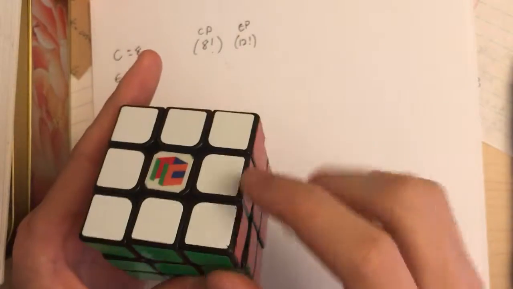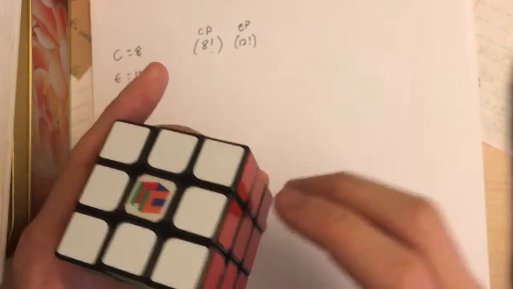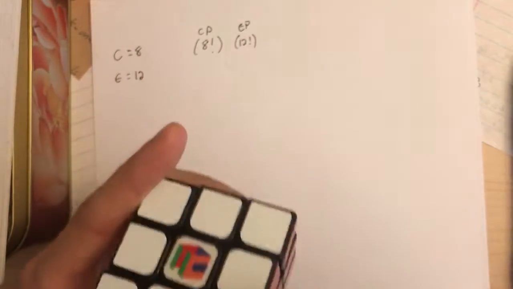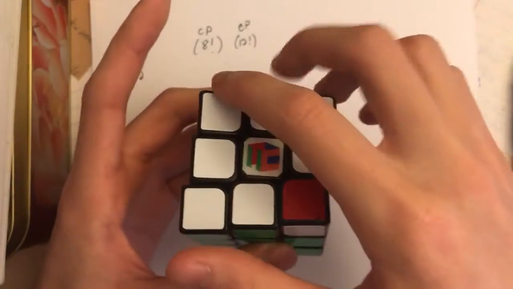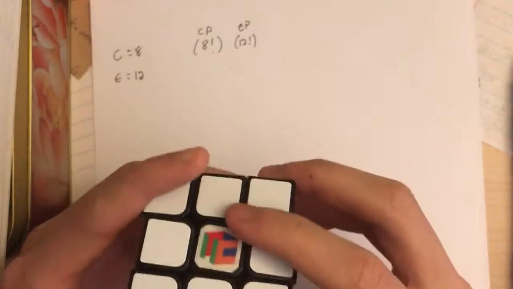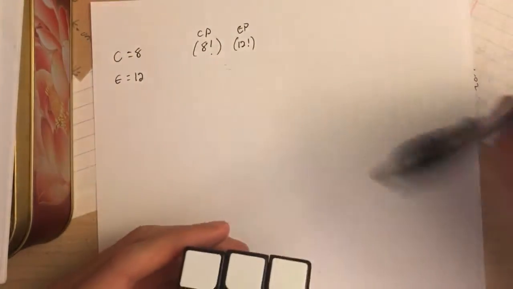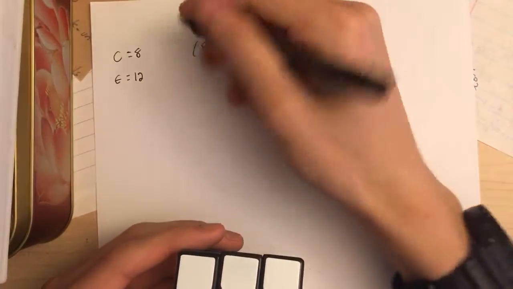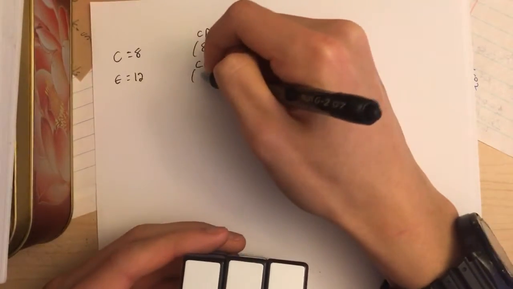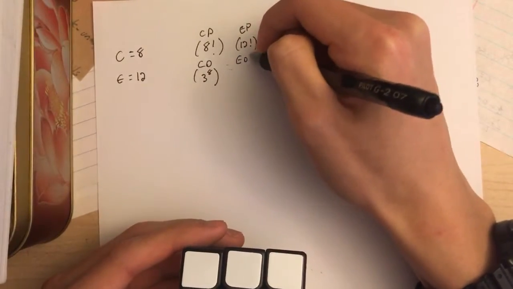So there are 3 to the 8 ways to flip the corners, because they're all independent of one another. I can twist this corner, and it doesn't affect which way I twist this corner, right? So then the ways the corner flips are independent of one another, and it's different from this. And so the number of corner orientations is 3 to the 8,